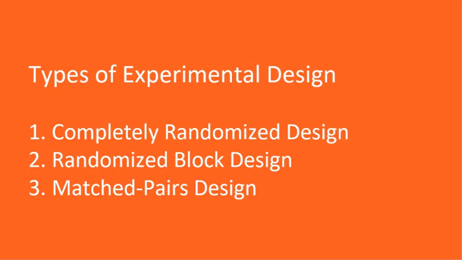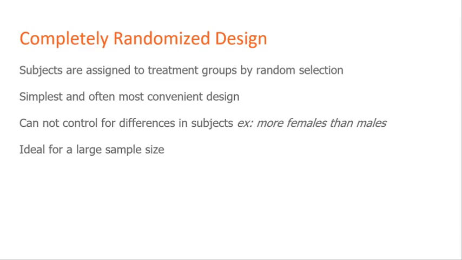Okay, 3 types of experimental design that we're going to look at in this class. All right, first is a completely random design. Okay, so this is exactly what it sounds like. We take our big group of experimental units and we randomly split them amongst the treatments. Okay, simple, convenient, easy, but if we have a group where things are sort of unbalanced, like if I have